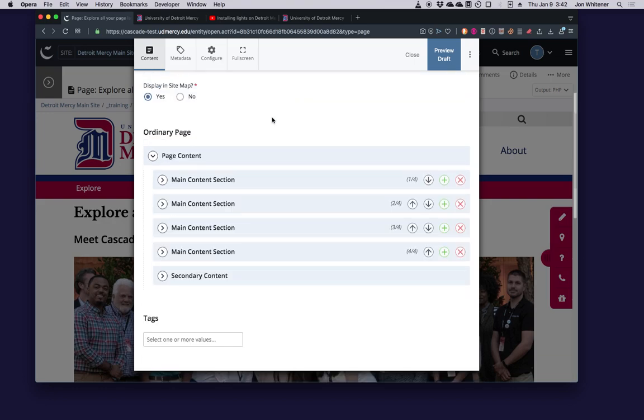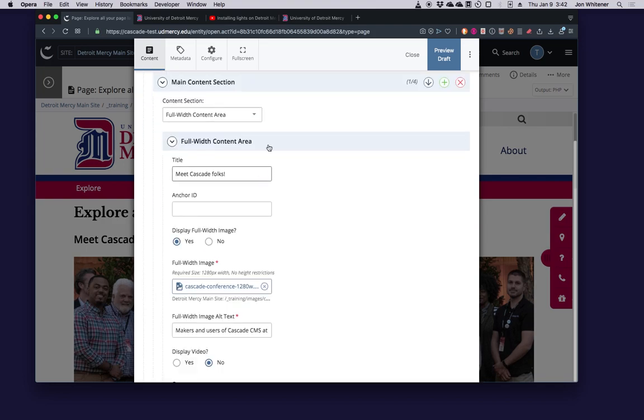I guess I should back up a little bit. When you add a content section, the first field under that content section is how you determine what kind of content section that is.